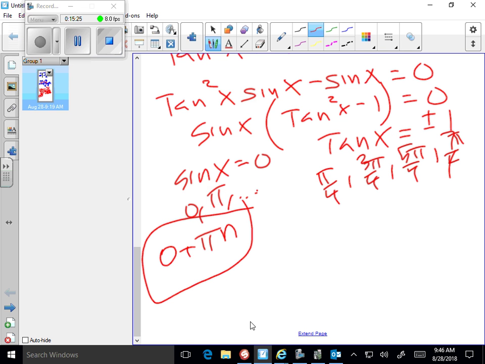Some of them are pi apart from each other. No. 3 pi over 4 minus 1 pi over 4 is pi over 2. 5 pi over 4 minus 3 pi over 4 is,